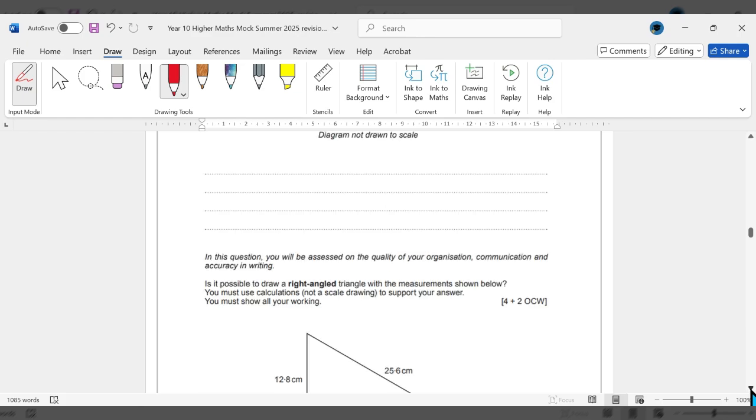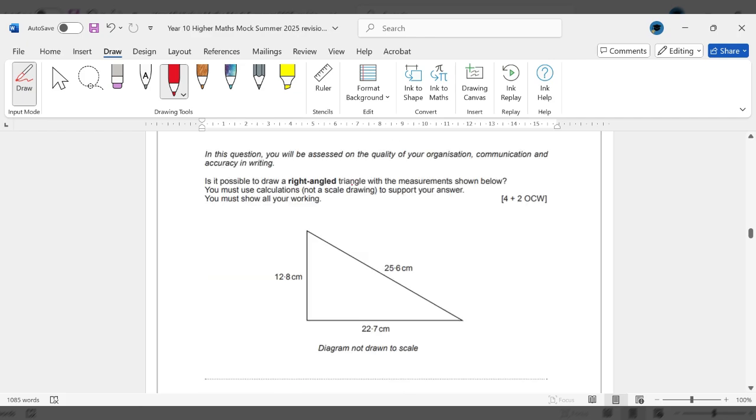Another one to work out the side, right? Final thing to say, if it says prove it's a right angle triangle, you're like, what? They've given me all the sides. What are you talking about? Ignore that. Do square